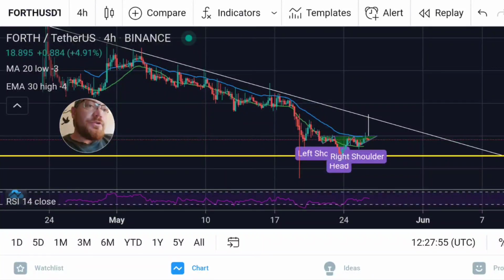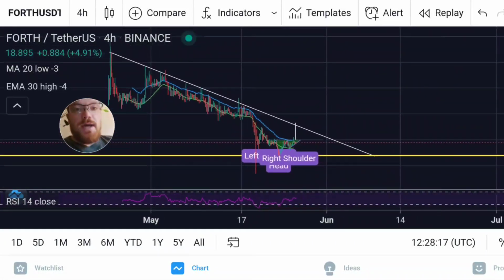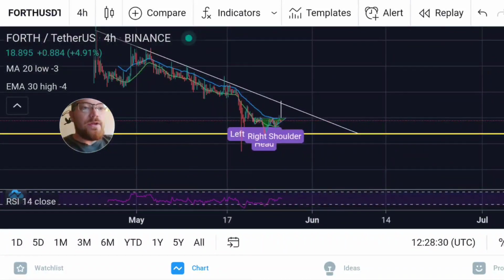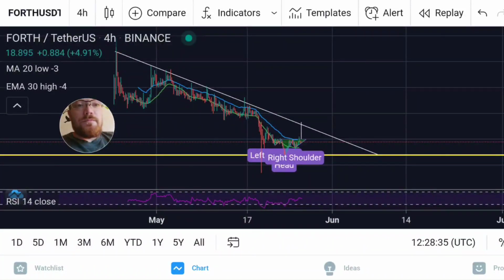So if we do break our downtrend, I would be paying attention to $30 and $40 respectively there as possible resistance or breakout points. I do believe, considering this is a governance token, guys, and with the use case behind Ampl, and Ampleforth, in my opinion, guys, this has some huge potential here. We are very low in the price, really, compared to where we were. You know, we were all the way at around 50 to 60 bucks, and we're down here around 18, 20 bucks. So, in my opinion, guys, this is definitely a potential good buying opportunity.